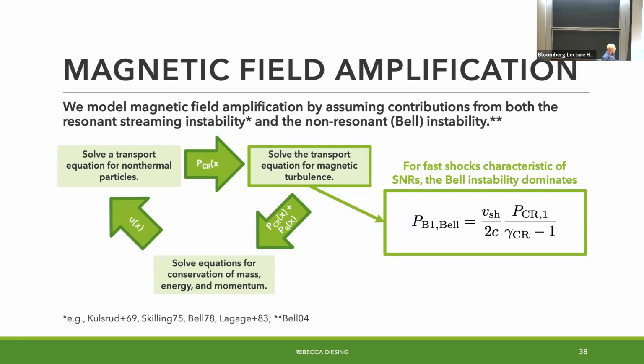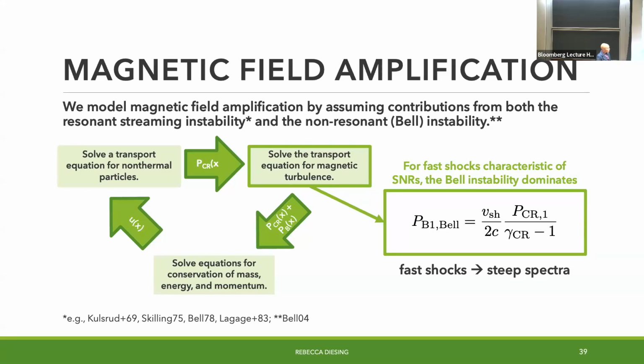All right. So the other thing that I'll mention that's really interesting about this is it's actually giving us a predictive result that's comparable to observations. So if you believe that this is how magnetic field amplification proceeds, you can see that a faster shock should have a stronger magnetic field. A stronger magnetic field is going to give you a faster precursor because you have a higher Alfvén speed, and that's going to give you a steeper spectrum. So we have this prediction that says that fast shocks should give you steeper spectra. It's an interesting thing we can take into account.